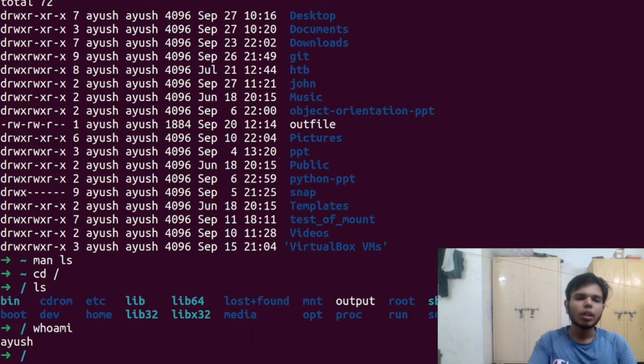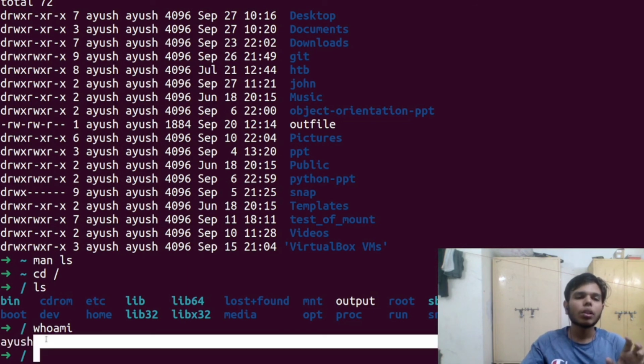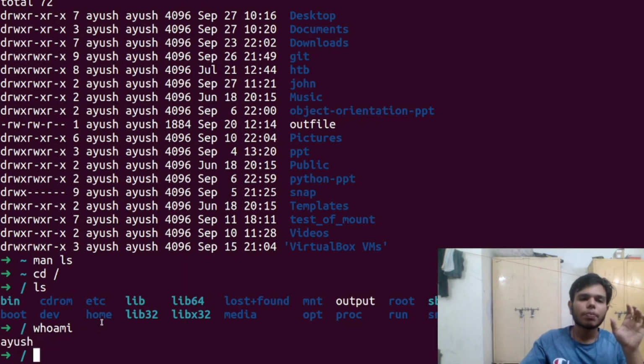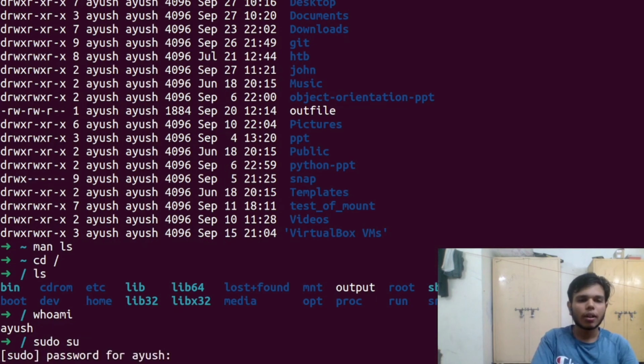So you can try the whoami command and it will show you that you are Ayush, meaning you are not the super user in this current scenario. However, if you use sudo su, switch user, and enter the password,